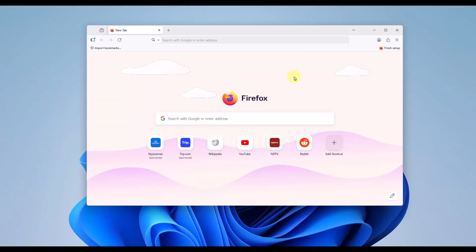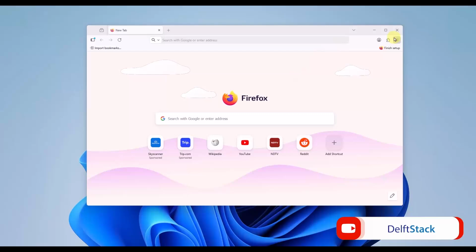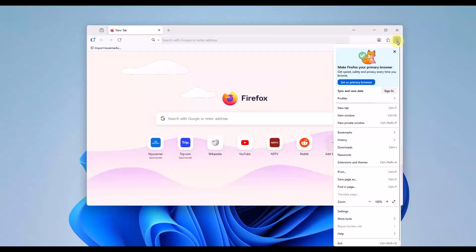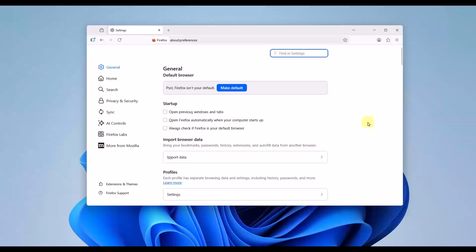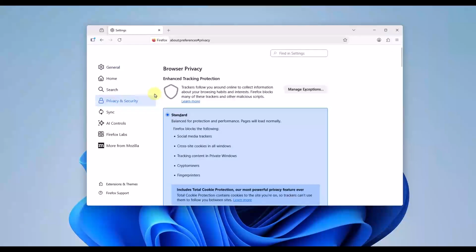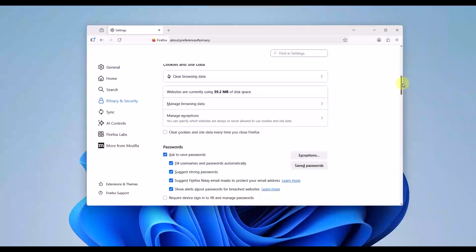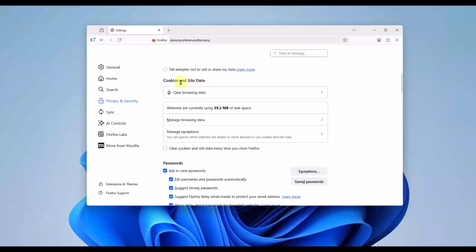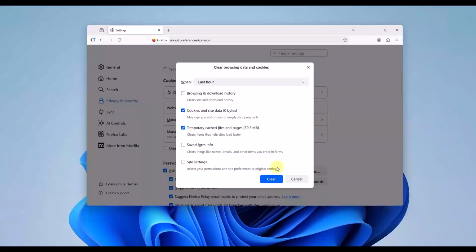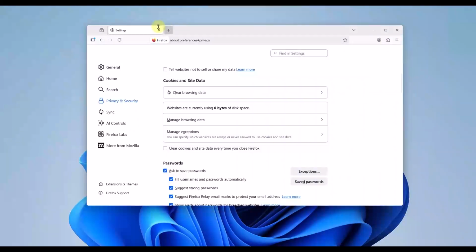extension settings. Next, your browser might be trying to load a corrupted or outdated video file from its temporary storage. Open Firefox, click the three horizontal lines in the top right corner, and select Settings. Navigate to Privacy and Security on the left side, scroll down to the Cookies and Site Data section, and click Clear Data. Ensure both cookies and cached web content are checked, click Clear, and restart your browser to force a